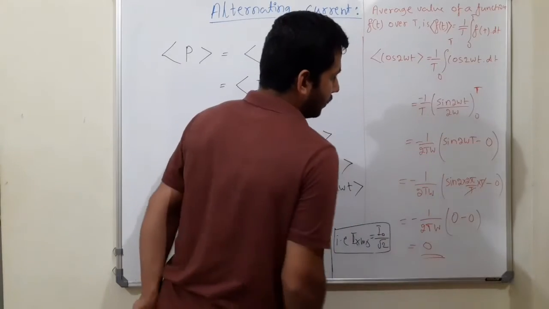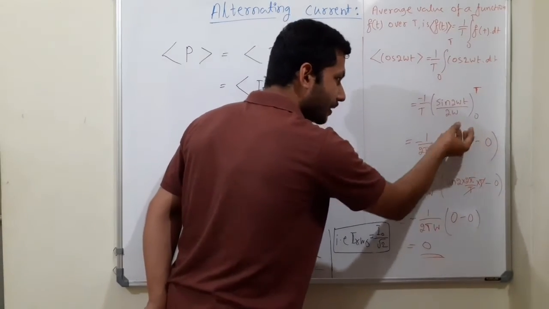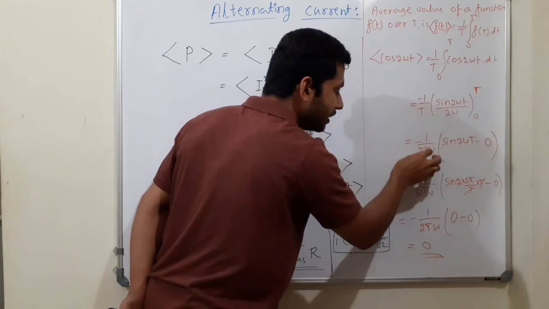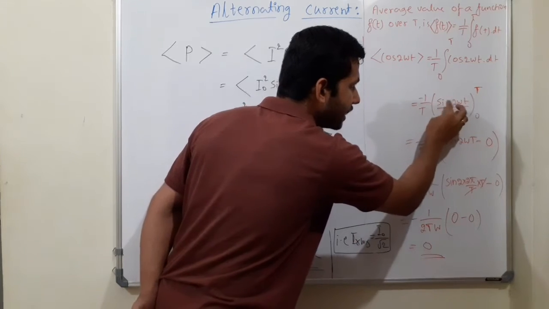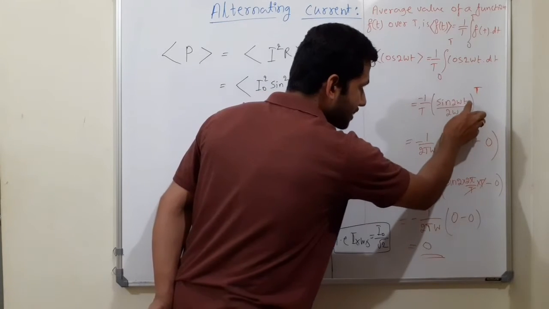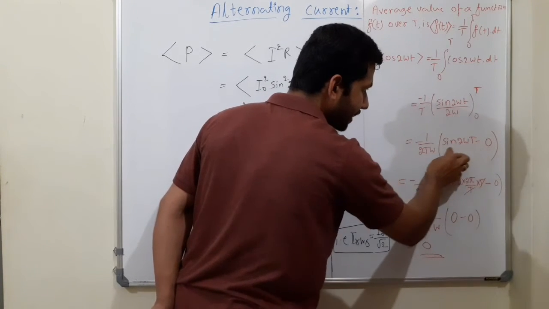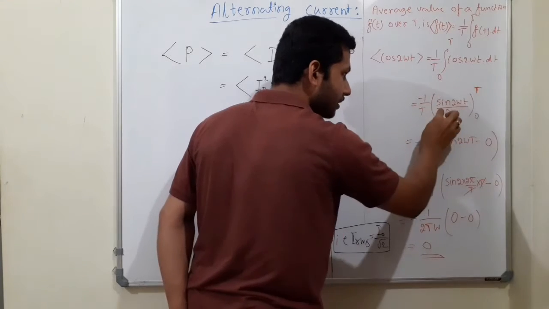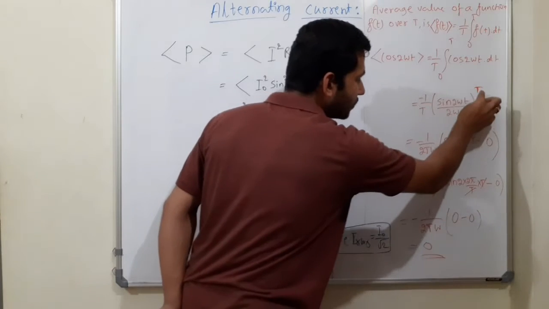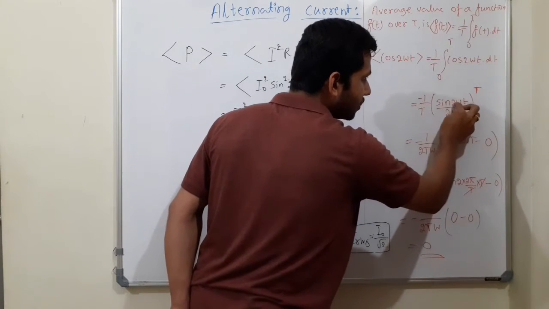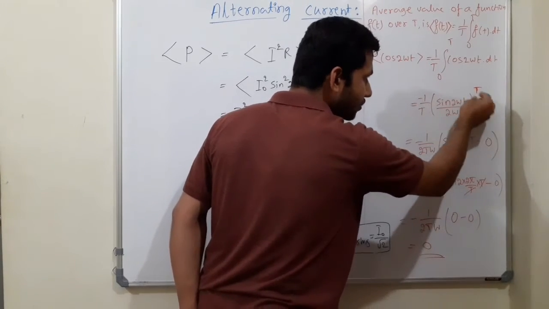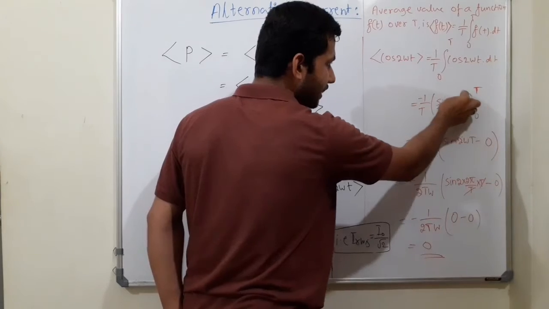Then you apply the limit and bring 2 omega outside. When you bring it out, it combines with the T, that becomes 2T into omega, and for sine 2 omega t, when you apply the limit, in place of t you substitute capital T, the upper limit, then again 0, that is sine 2 omega 0. When you apply the upper limit, it is sine 2 omega T minus sine 2 omega 0. Sine 2 omega 0 is 0 itself, because 0 into anything is 0.